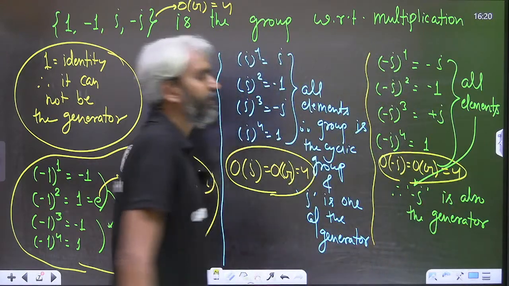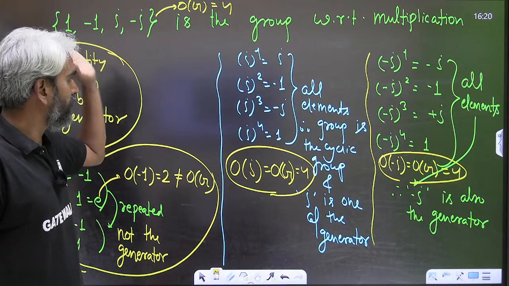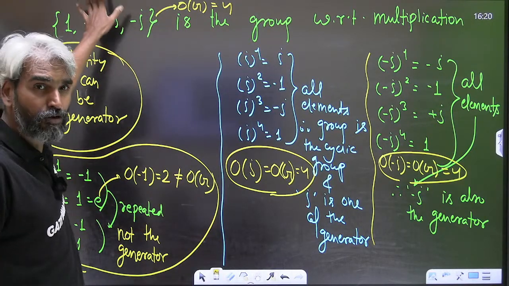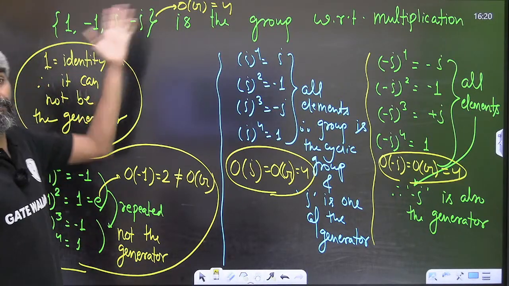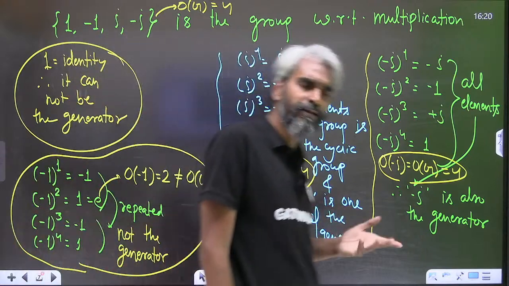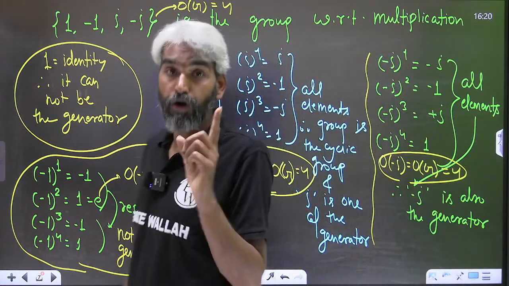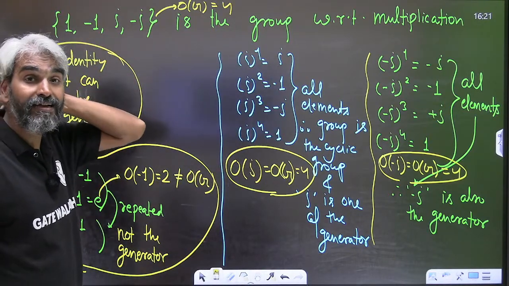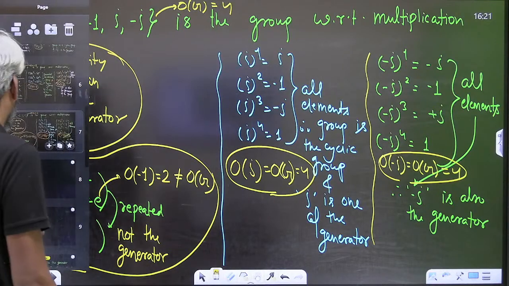So we understand one thing. In a group, if there exists any element whose order is same as the order of the group, then the group will be a cyclic group, and the element whose order is the same as the order of the group will be called the generator of the group. So next note which we can write down is,